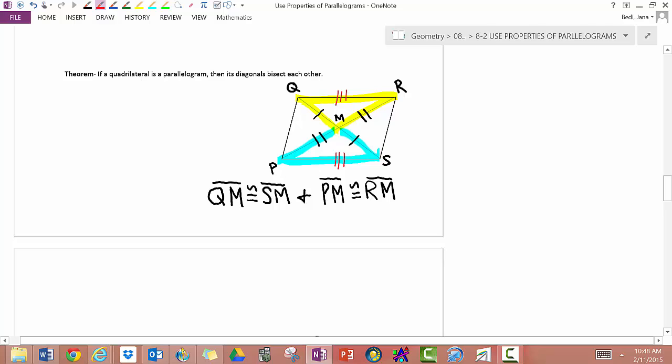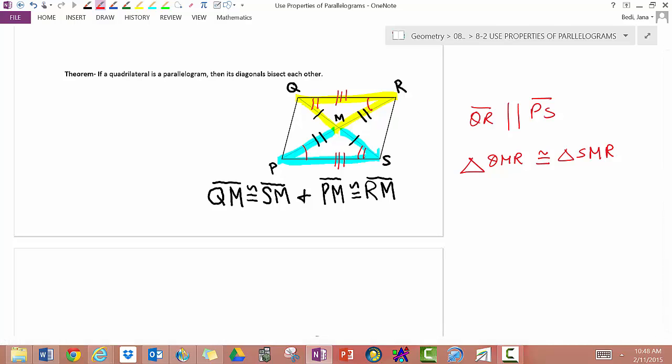Also, we know that segment QR is parallel to segment PS. So you've got alternate interior angles are congruent. So triangle QMR is congruent to triangle SMP, and therefore by CPCTC, QM equals SM and PM equals,